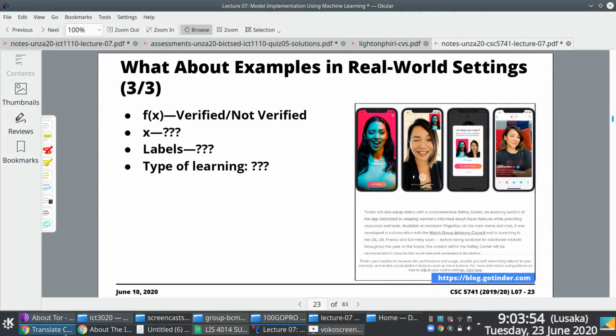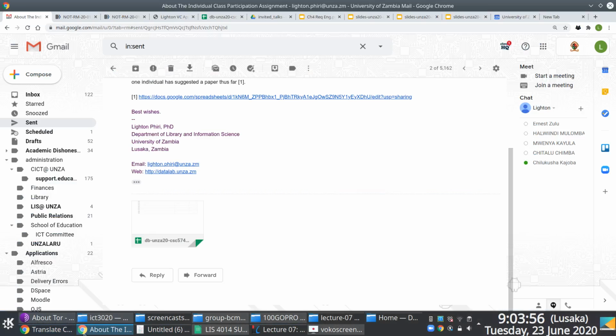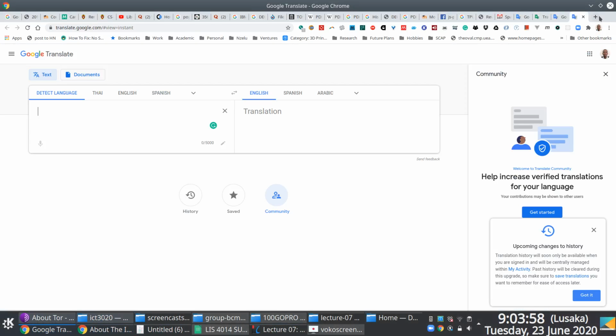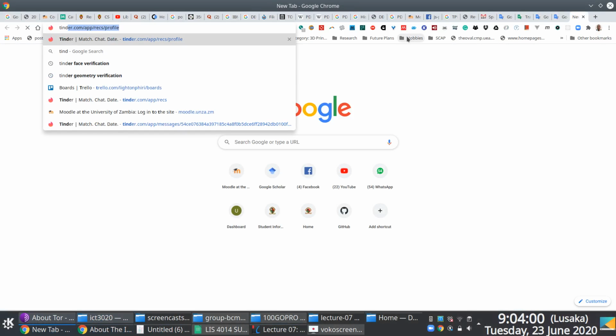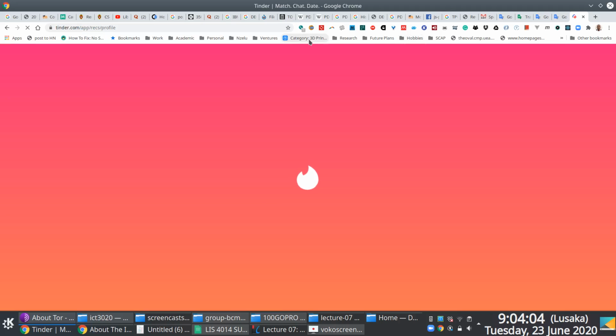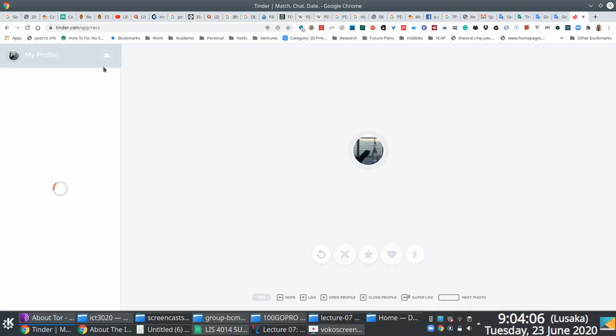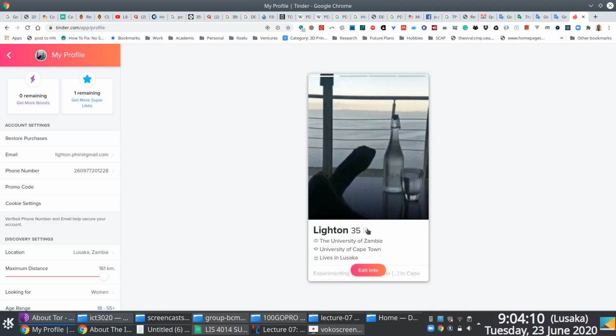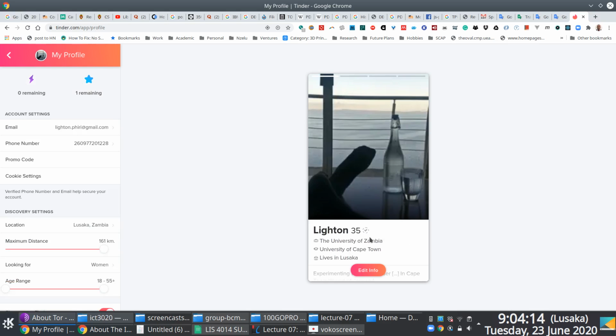It's always nice to experiment with these things. Hope I'm logged on. Here we go. So what I mean is, if you log into this app, you notice that there's a grayed out tick here. What this means is that my profile, for instance, hasn't necessarily been verified. So for me to verify this thing, right,